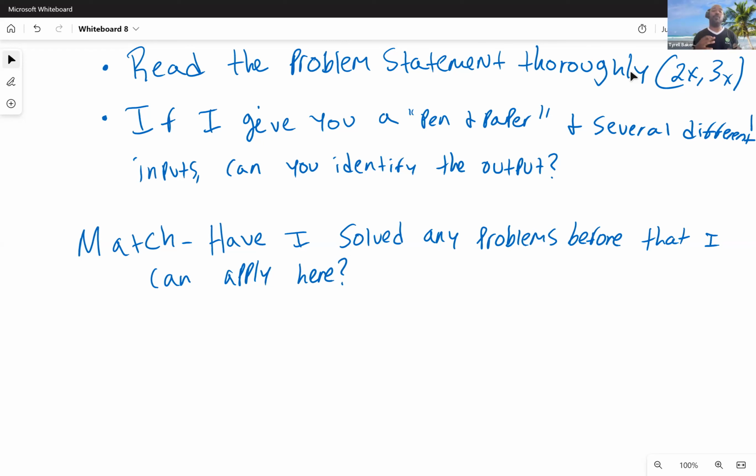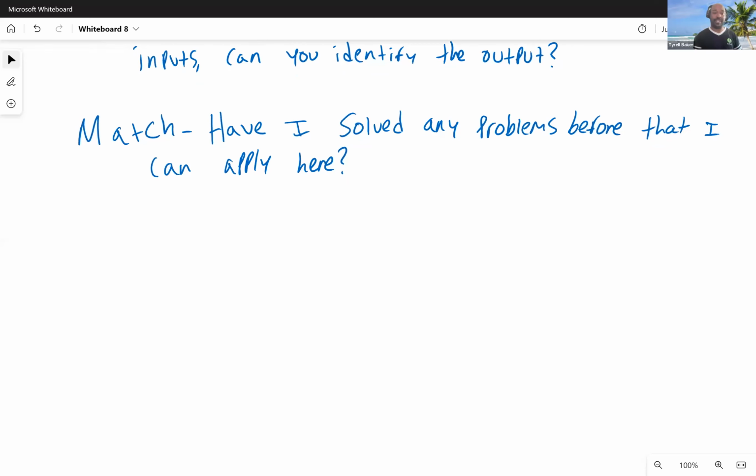And what we're doing when we match is we are exercising the muscle that will eventually become algorithm identification for problem solving, right? What algorithm do I need to apply to this problem in order to solve it? This is the beginning of developing that skill. So we want to make sure that we don't skip the matching stage.